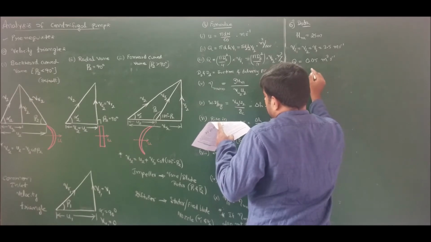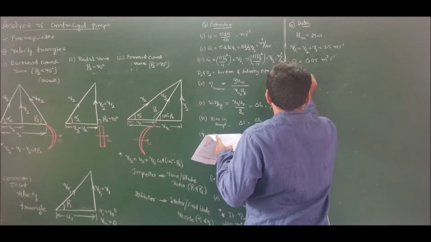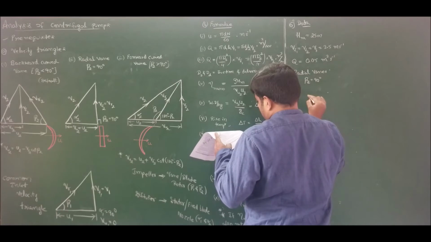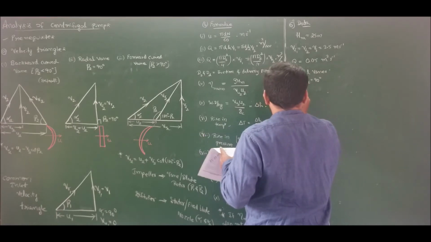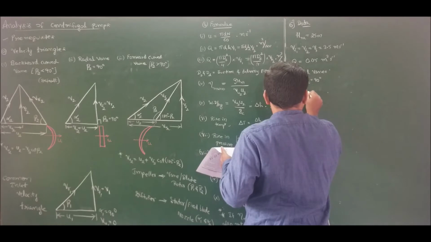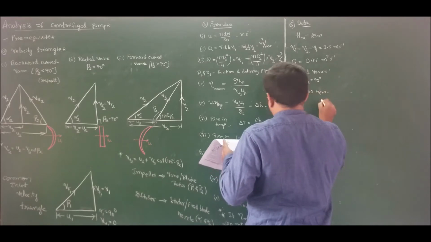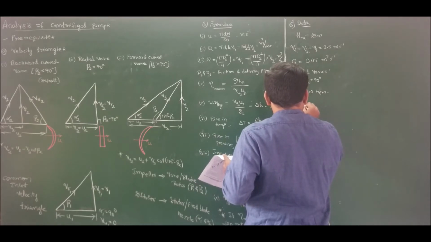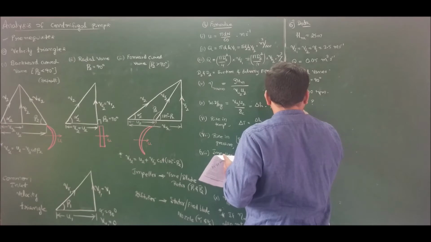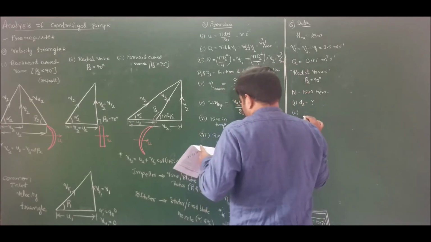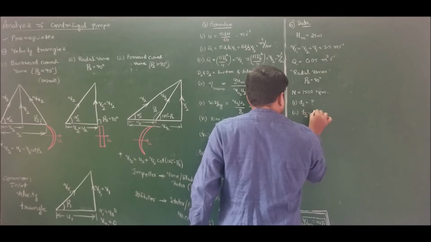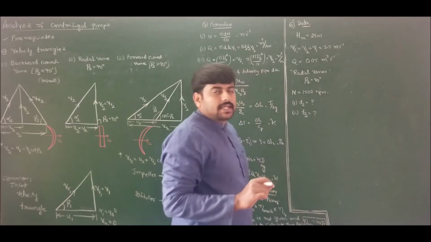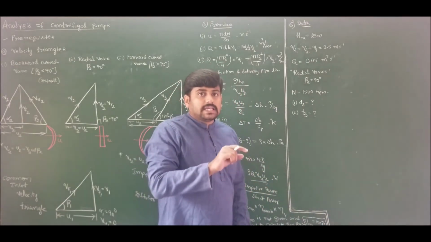The blades are radial at tip, radial vanes. For radial vanes, beta 2 is 90 degrees, very important. And the pump runs at 1500 rpm, the specified N. Determine diameter at tip, that is D2, the diameter of the impeller or vane at tip. Then width of blade at tip, B2. Then inlet diffuser angle at impeller exit. He is asking for the inlet diffuser angle at impeller exit.